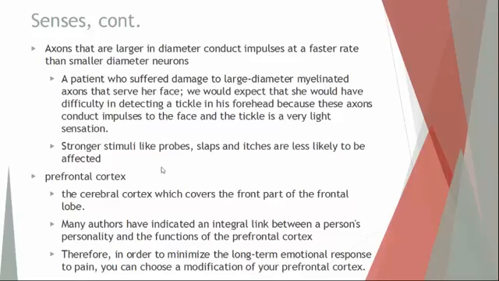This is the part of the cerebral cortex just in front, in the frontal lobe. Now, there is a connection between a person's overall personality and the functions of the prefrontal cortex. If you damage a person's prefrontal cortex, you can dramatically change their personality, almost completely reversing it. Instead of being very quiet, very stoic, you could turn them into being very obnoxious, very rude, all due to changes in the brain tissue itself.